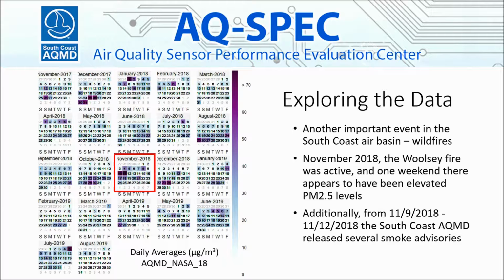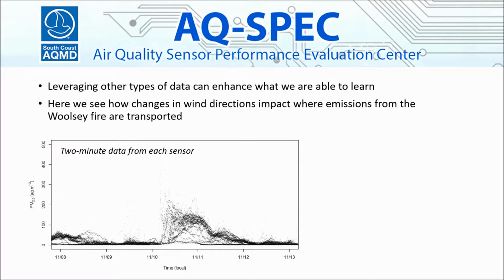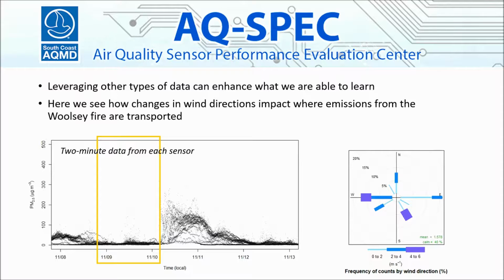And we can also take a deeper look at that data, again, leveraging the high time resolution nature of the data. So here in this time series, we see lower levels. And when we add in supplemental data, we can get more context and better understand what's going on. So here I'm adding in wind speed and wind direction. So this is a wind rose showing us where the wind is coming from primarily for the day shown in